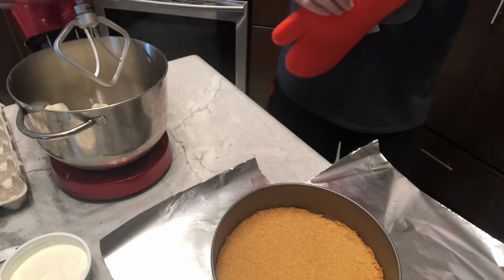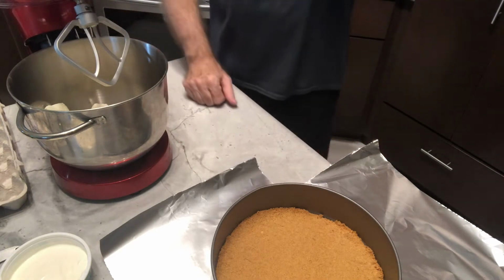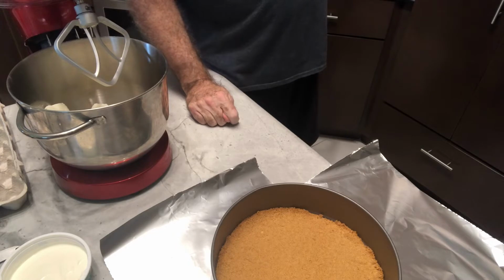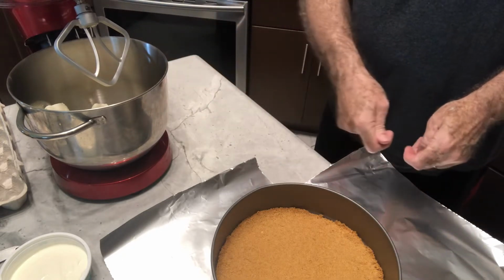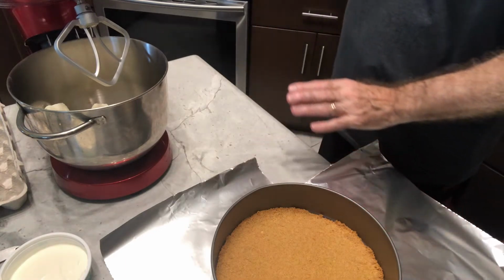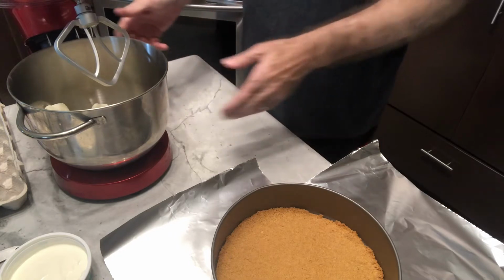So while that's cooling off, we'll do our actual cheesecake batter. And also what I've done here is I've got a large pot of boiling water. It's boiled, it's shut off now. Then when we get ready to bake this, we're going to pour the boiling water into a big pan. So we want it really hot, and it'll just take me a couple minutes to reheat that. Okay, so now